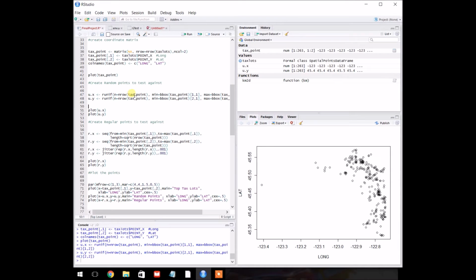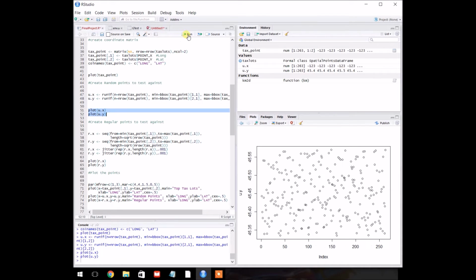So what it does is it creates a bounding box around our tax point object, which is our matrix of our tax lot points. So the bounding box is basically where this box is here. It just takes the maximum and minimum lat long, creates a box, and then fills it in with points. So let's see what that looks like. There, so random. We've got our latitude here, and it doesn't really show longitude, but you can see they're randomly